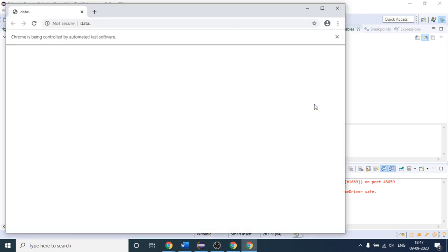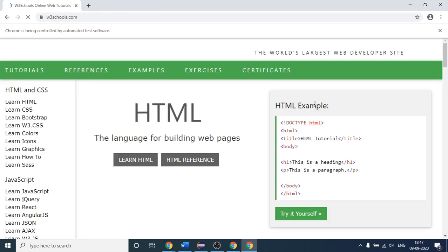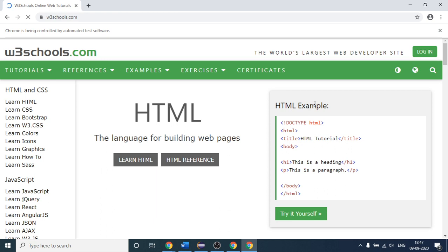You can see here, it will again maximize as we have written the code already. I think it will take a few more seconds to load. So it is still loading, right? Let us wait. You will not see anything in the output yet.